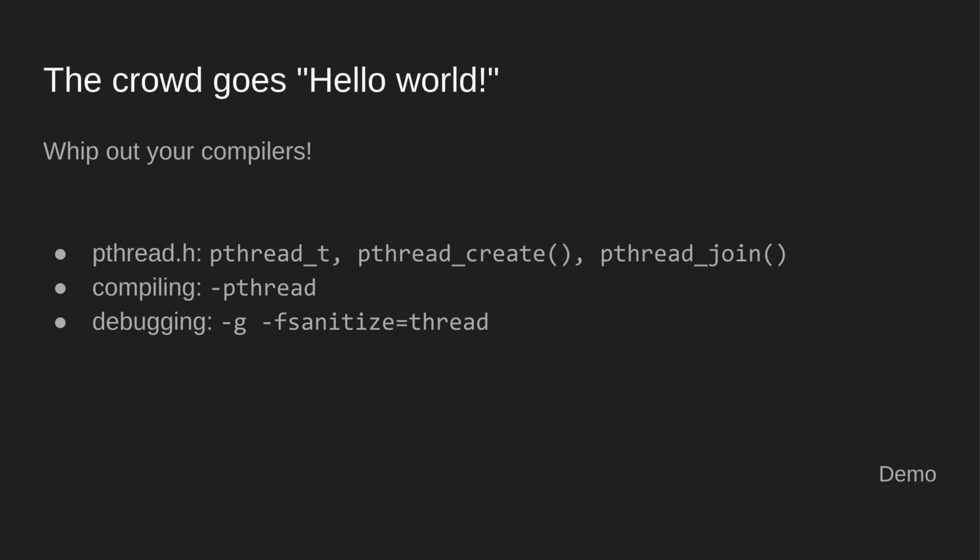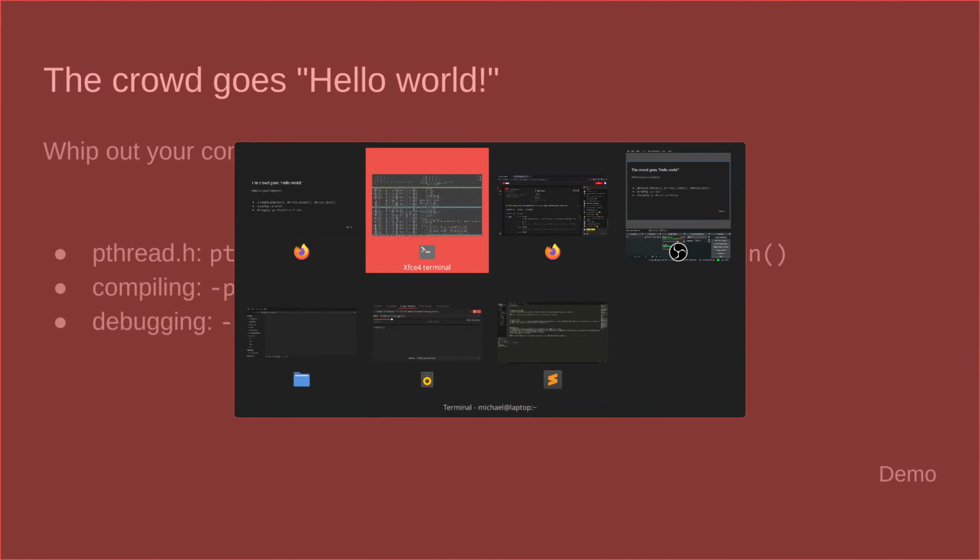So let's jump into our first example here. We're going to be using the Pthread library, which stands for POSIX thread, and POSIX is an operating system standard, and so it's widely available. We're going to be using the pthread option here in our compiler to compile it, and I'll even introduce a subtle bug, and we'll debug it using a thread sanitizer.